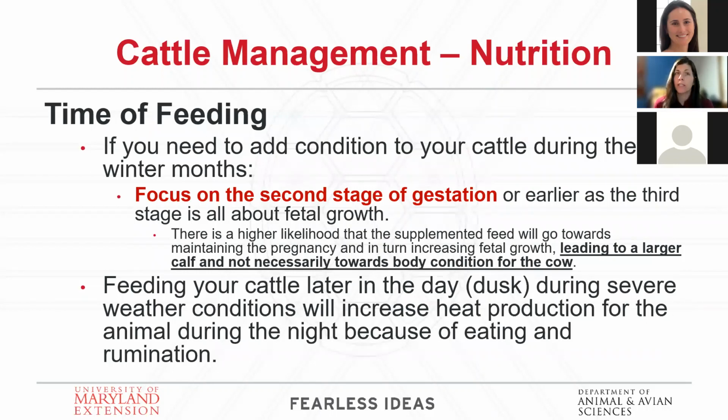Another tip to keep in mind is what time you're feeding them. I mean this in two ways. I mean the time of year, as far as if you have animals that aren't quite in the condition you want them to be, you should really focus, and this is on gestating animals, not lactating animals. So if you're a fall calver, it's going to be difficult to put condition on because she's lactating. But when she's gestating, it's a lot easier to put condition on in the second trimester, because the third trimester of